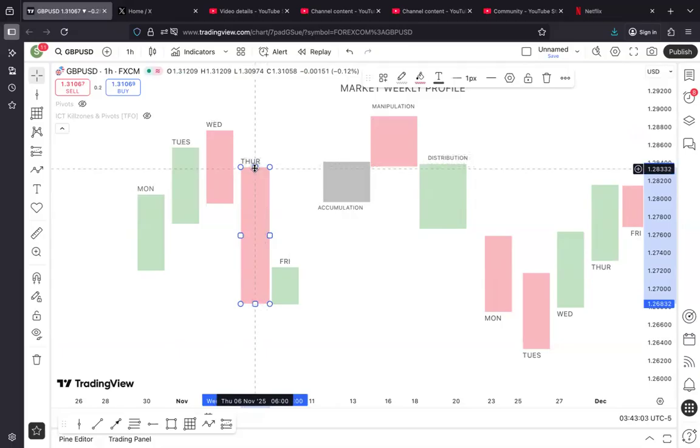Okay. So when Thursday sells, it fails to go above, right? Where is this high? Then on Friday, you don't want to continue to sell on Friday. And if you want to sell, you should be very wary of the sales because Friday will most likely want to retreat back into the weekly range. Do you understand?